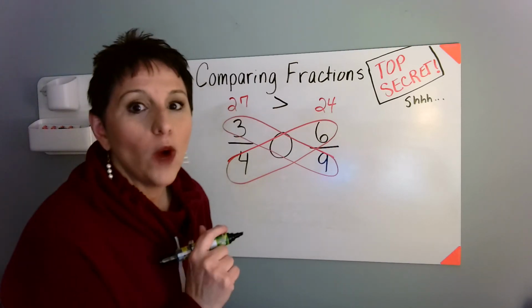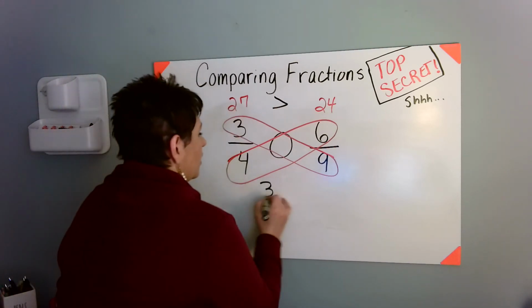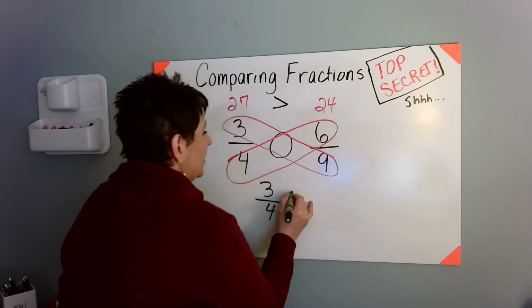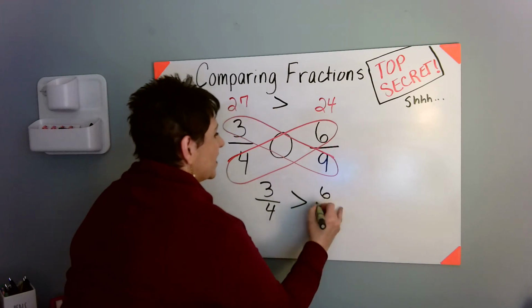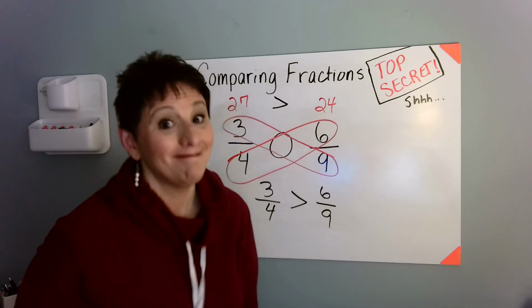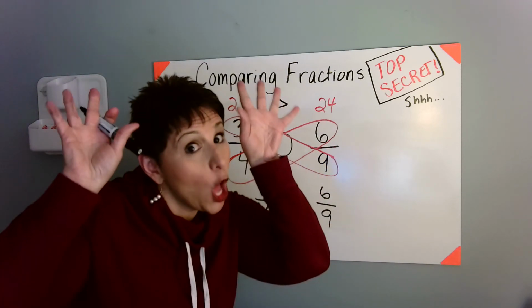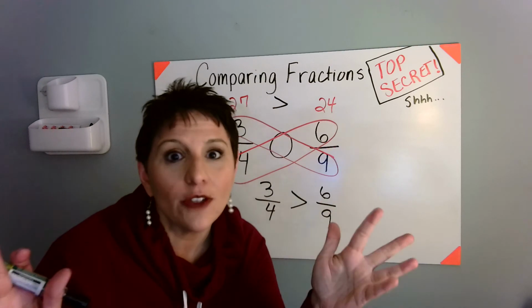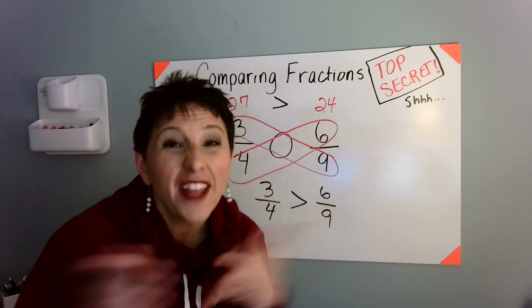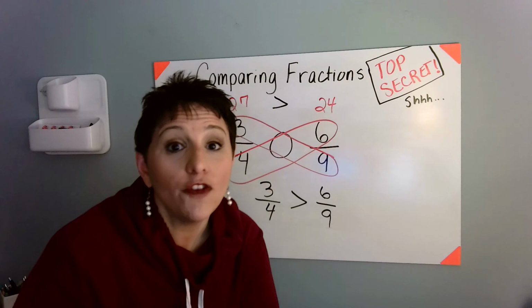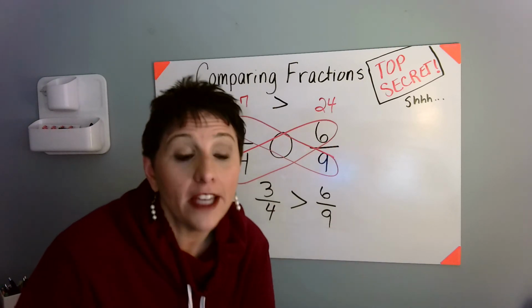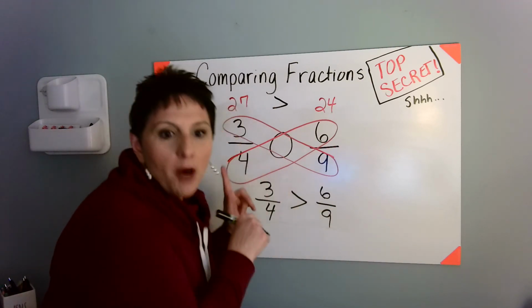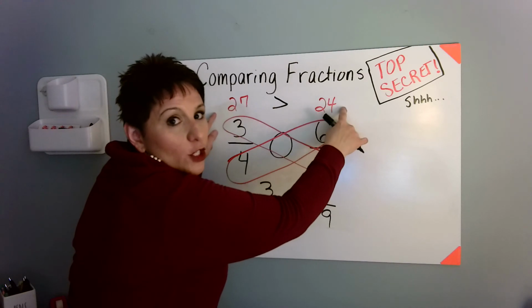So guess what? 3/4 is greater than 6/9. Mind blown. I know. Cross multiply. Cross multiplication is the teacher's secret for how you compare fractions without actually having to draw anything or find the least common denominator. You cross multiply. Whatever number is more on top,